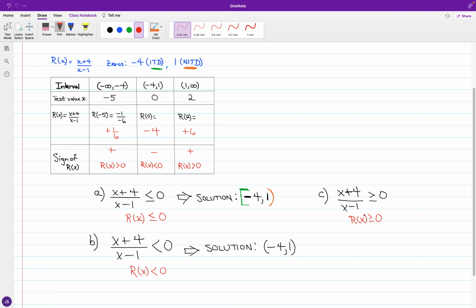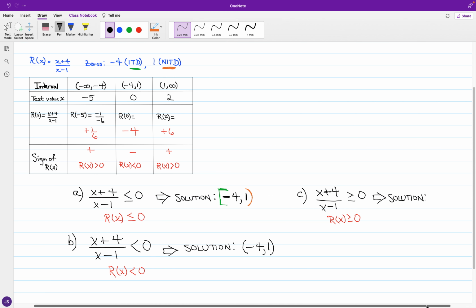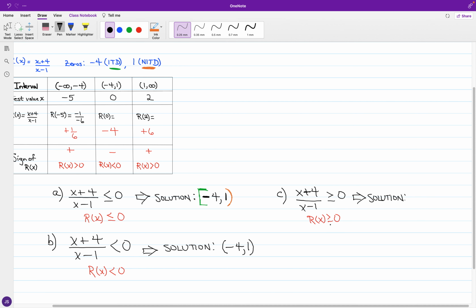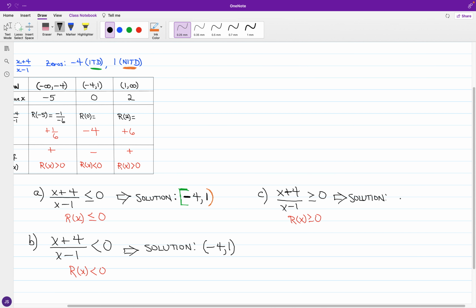So we are referencing where r of x is greater than or equal to 0. And just using the table, greater than or equal to 0, same direction as r of x is greater than 0. So we're involving the first and last sets of limits. The first of which we have